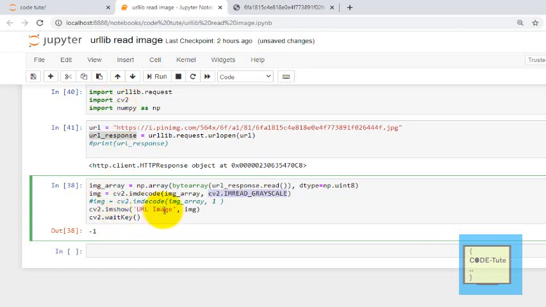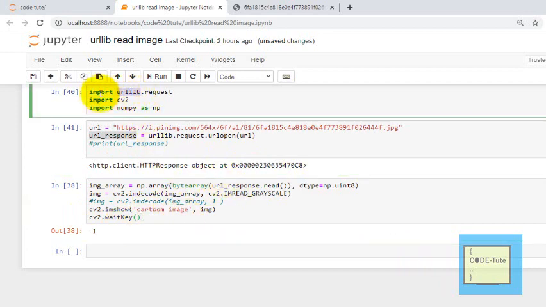Then you have to write the name of the window here; you can give any name, for example cartoon image. And cv2.waitKey: unless and until you hit any key, the window will be shown to you. So waitKey will wait for a keyboard event and works as a sort of exit function.